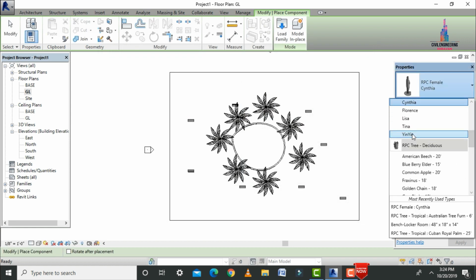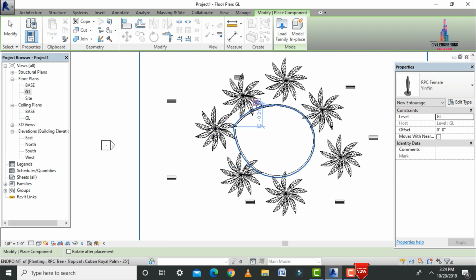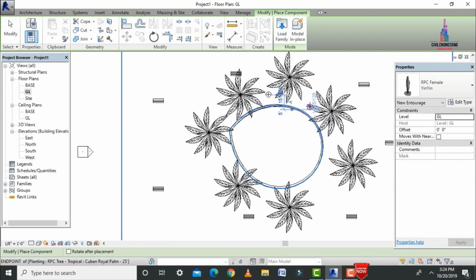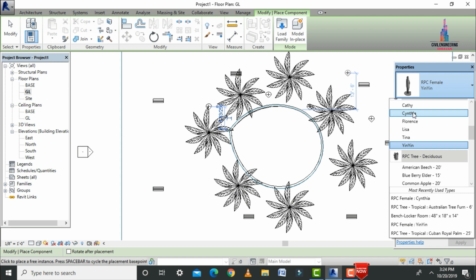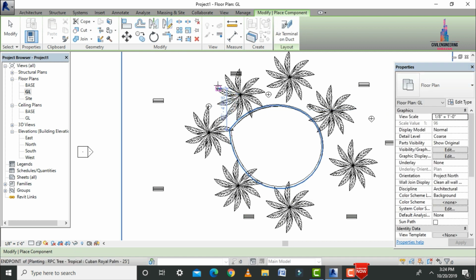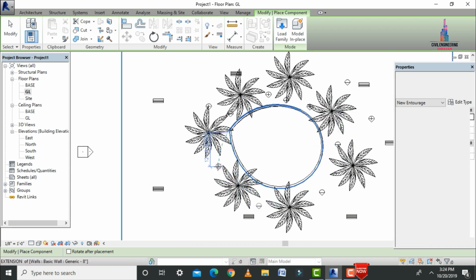So here I am selecting this person. Again I am adding to this respective position for this tank. Somewhere here, again somewhere here, again somewhere here. Again I am adding one more name, which is Lisa or some name. Again I am adding this position, and again this position. Again I am adding some other positions here.